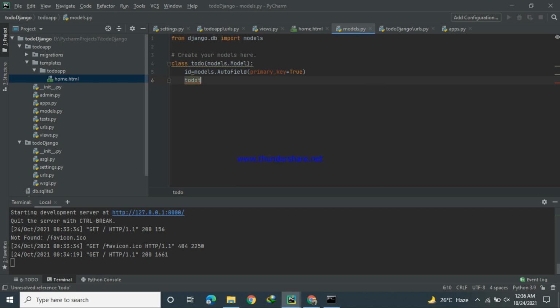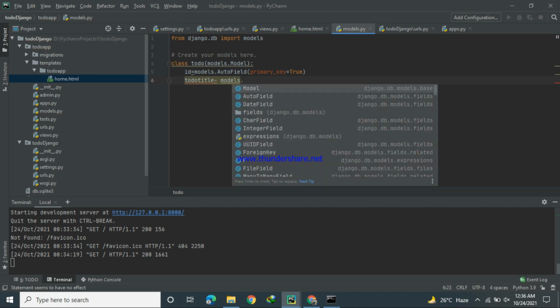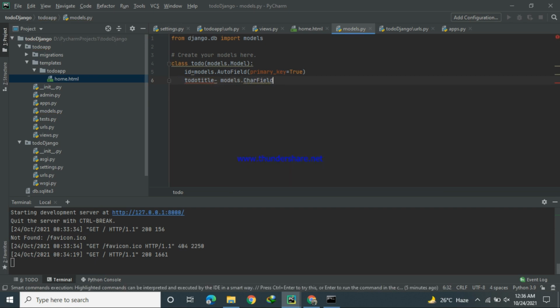The title is models.CharField because it will save characters, and I will give it a maximum length of 300. You can change it.